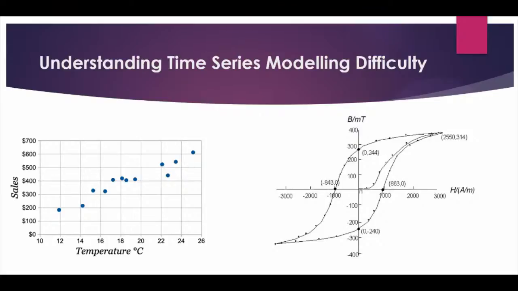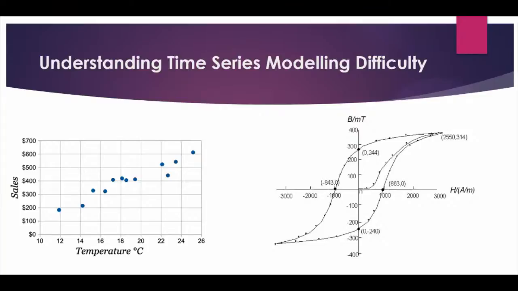Okay. On the left hand side, you can apply some regression method. You can get the formula. You can compute y is equal to mx plus c, or maybe higher orders. On the right hand side, you can never get this type of formula where y is equal to mx plus c. Why? Because there can be multiple y. There can be y1, there can be y2, there can be y3 for a given value of x, and that is the complexity with respect to time series.